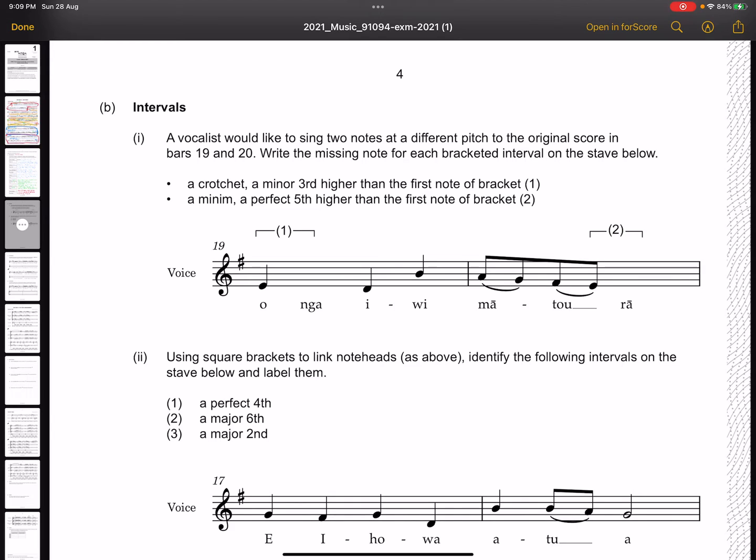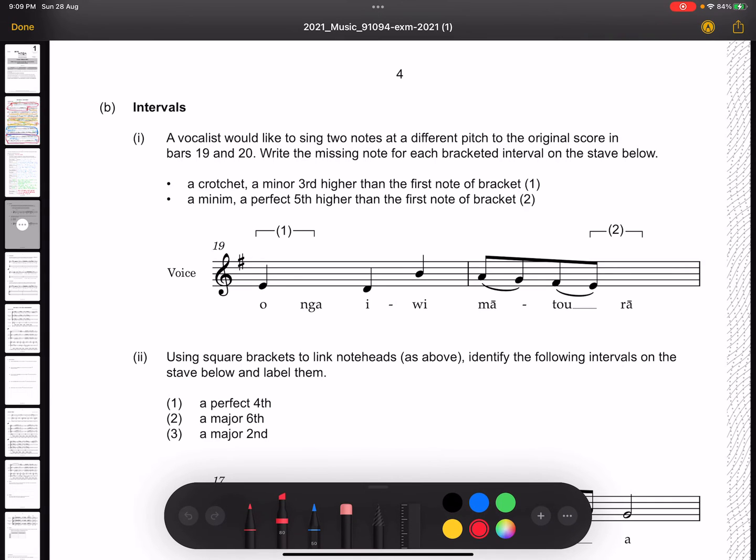Okay, we're into extract 1, question B. The question regarding intervals. As you'll know, an interval is the distance between two notes. So when we're counting intervals on the five lines, there's your starting point. It's a note G, and the interval between there and the next note up, which is in the